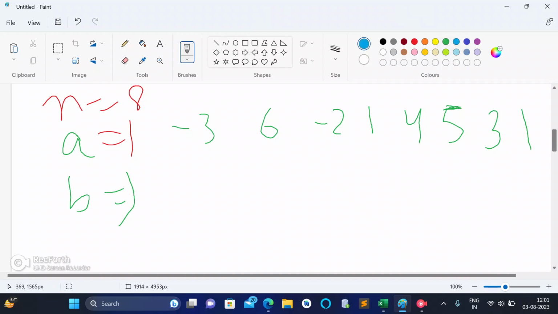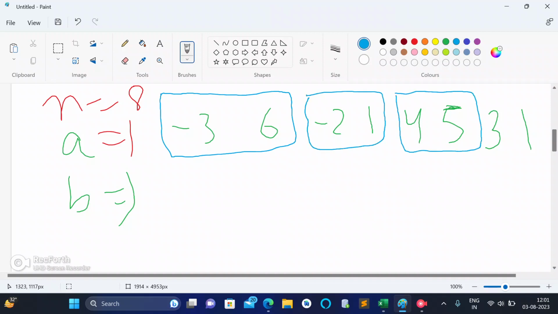So what we will do is we will make it in chunks of 2. Why I'm making chunks of 2, I'm telling you right now. You might be thinking, if n is odd, how will we be able to make chunks of 2?